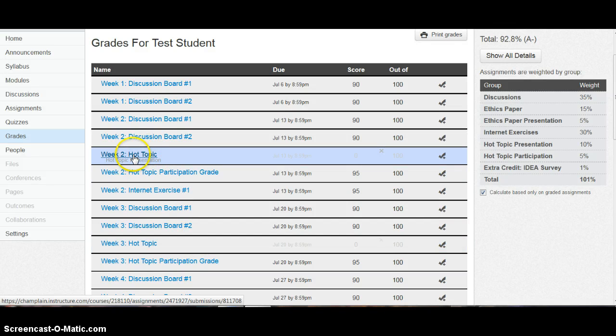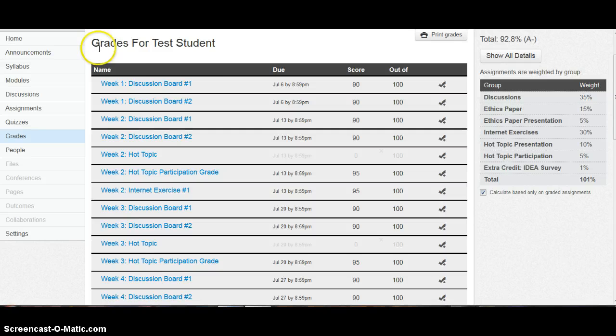If you notice that your Hot Topic or Hot Topic participation grades are grayed out in the grade book, such as here, do not worry. This has to do with the methodology used to capture your highest grade for Hot Topic papers or participation. These 0% will reverse themselves out by the end of term.